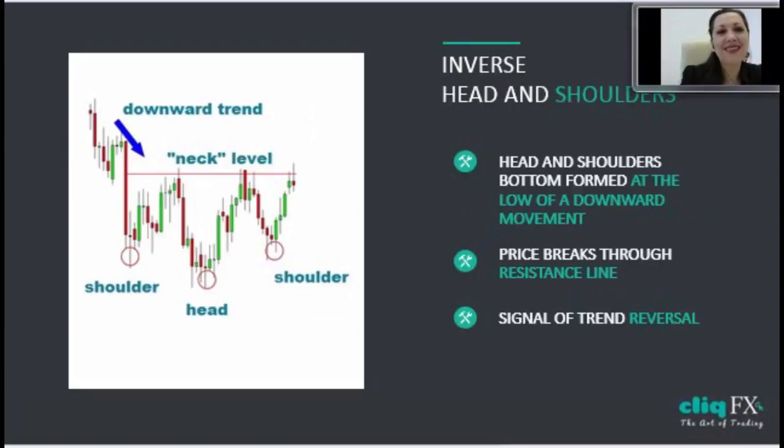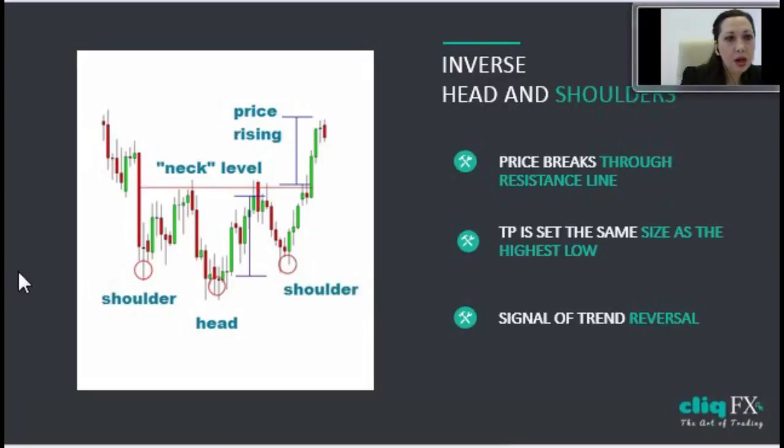And we have the inverse head and shoulders pattern. It works the same way, but it's not so popular. The head and shoulders is the one we can meet in the market much more often. If it was a downward trend, prepare for a buy position, because it's also a pattern of trend reversal. We also have two shoulders and the head, and we are ready to open a position for buy and to take profit of the size of the lower shoulder. As an example,